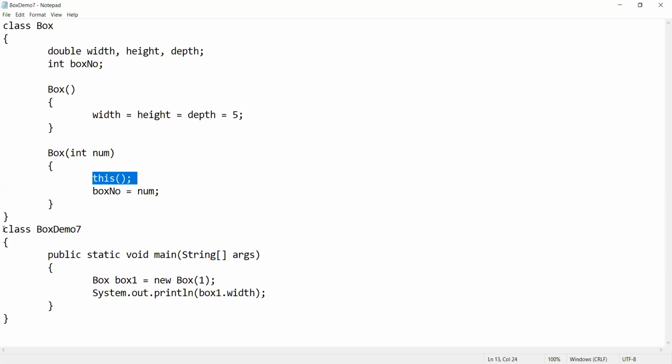And finally, one more class I defined. Inside the class I am creating this box using the single argument constructor, and finally I am printing only the width, since there is no other method. So I will execute this program.